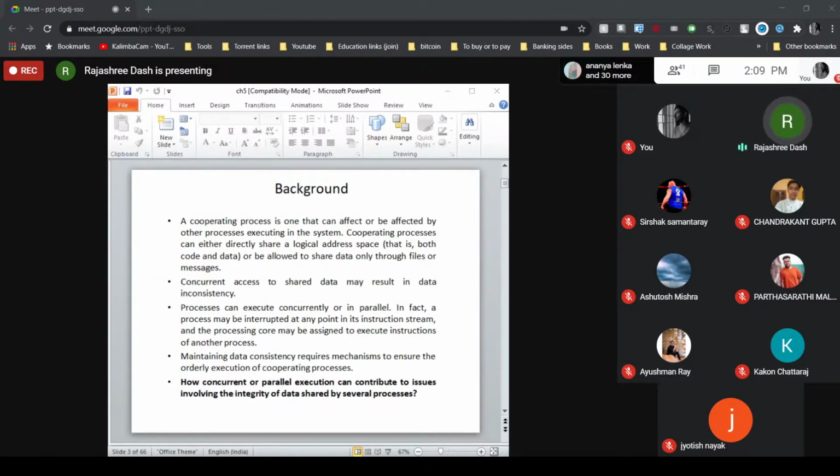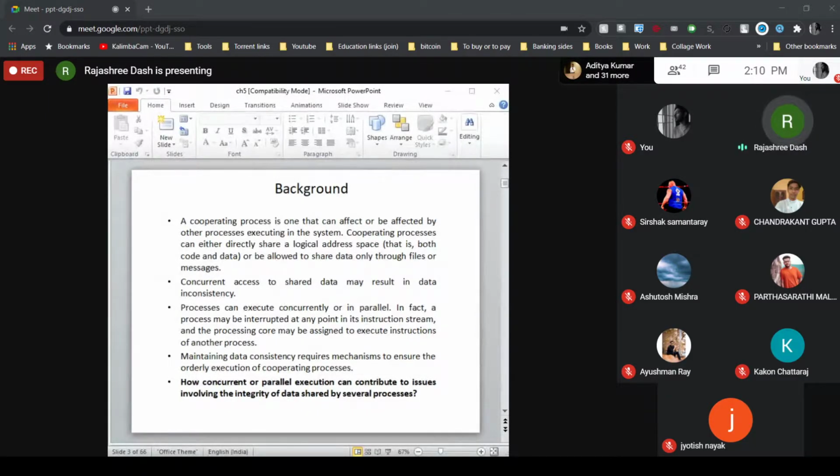P1 is adding 1 to the variable A, updating it to 6, and P2 is subtracting 1 from A, updating it to 4. If P2 executes after P1, the initial value of A is 5, P1 updates it to 6, and then P2 brings it back to 5.